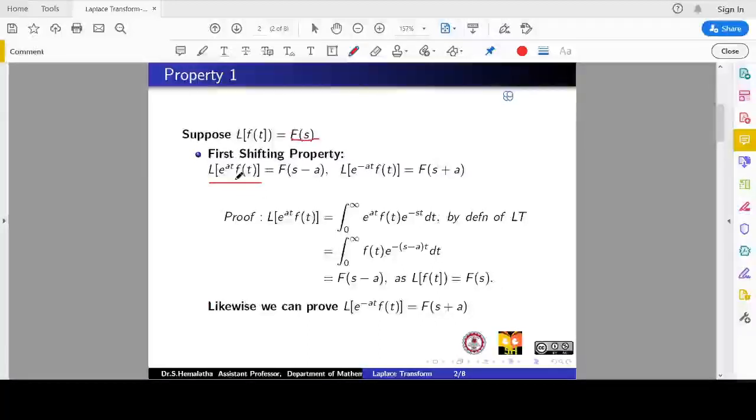says when you multiply an exponential term with f of t, you need not keep on working with the complicated version. You just find the Laplace of this function and replace the parameter s by s minus a. Remember this is plus a, but here we need to replace it by minus a. So F of s means we are finding the Laplace of f of t with s as a parameter. After getting the solution, you make a change with the parameter as s minus a. Even if this is minus, you can make it a plus.